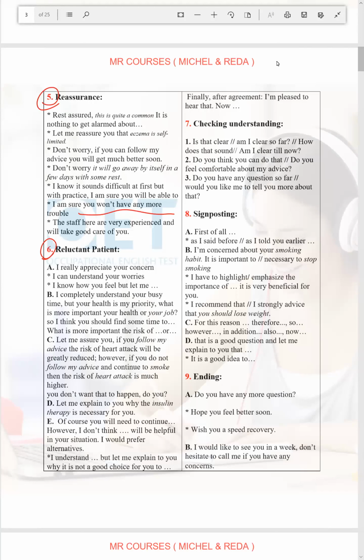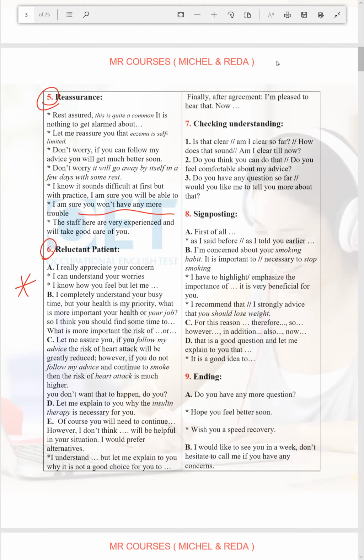Give me more space. Try to be the leader. You are the doctor. If the patient is still speaking, don't interrupt him, but try to be skilled and tell him, please, give me more space to speak with you, to reassure you, because you know all of the information, but something is missing. I will clarify. So give me some space to speak with you and reassure you.